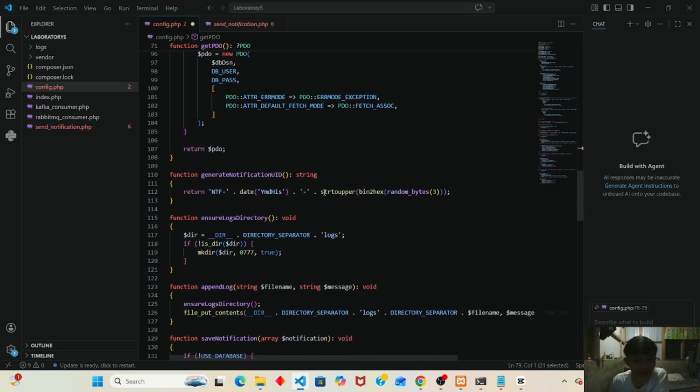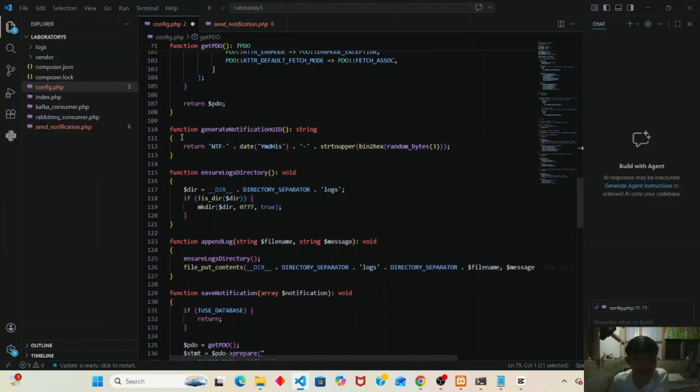Okay, so we have another function which is generate notification ID. So this creates a unique ID using date and time and random bytes, and it prevents duplicate notifications and helps tracking. Next, we have the logging functions.